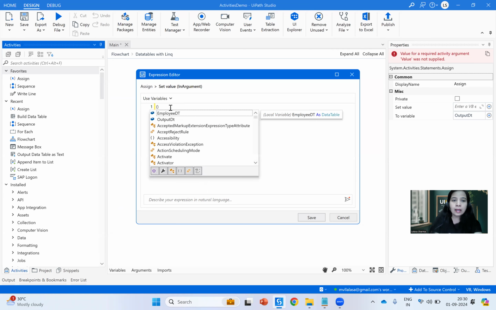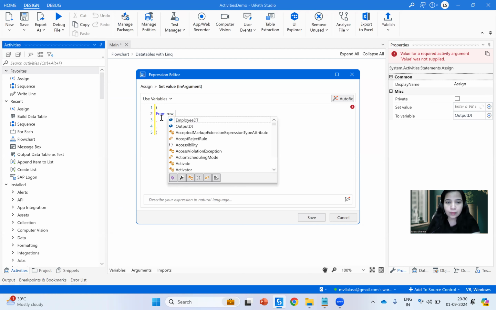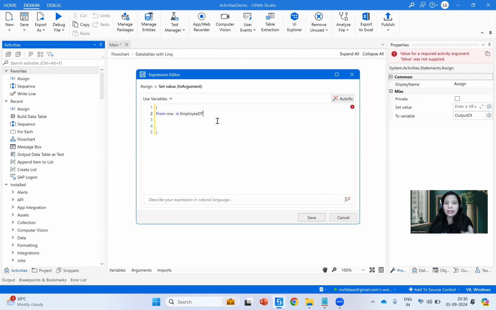So as usual, the syntax of the LINQ query opens with a bracket and it has to close with a bracket. And now I will say from row in employee dt. So row is just a reference variable, guys. I'll have to tell from where it will get the data. So I want to apply this LINQ query on this employee data table. What is that employee data table? We have created it previously using the build data table activity. Okay. So now from row in data table, and I will have to tell the condition here where